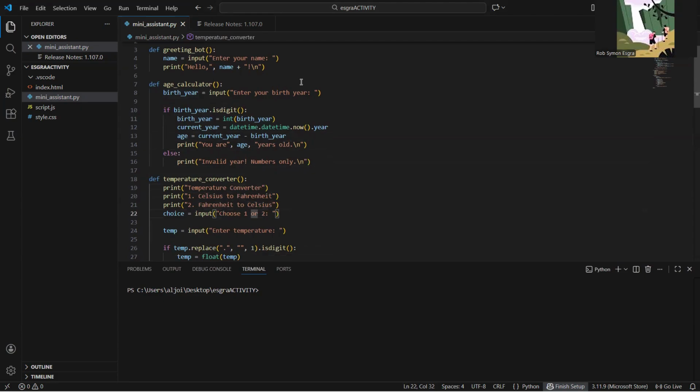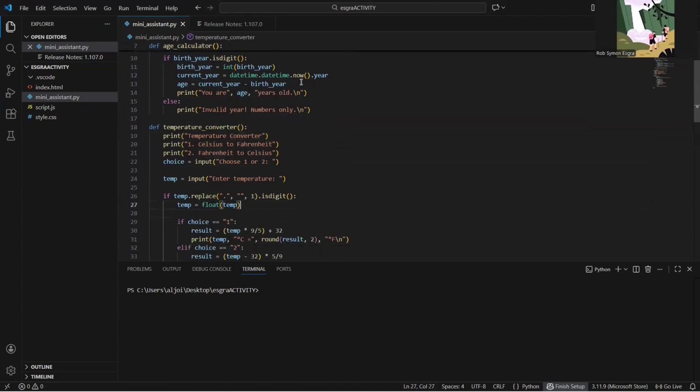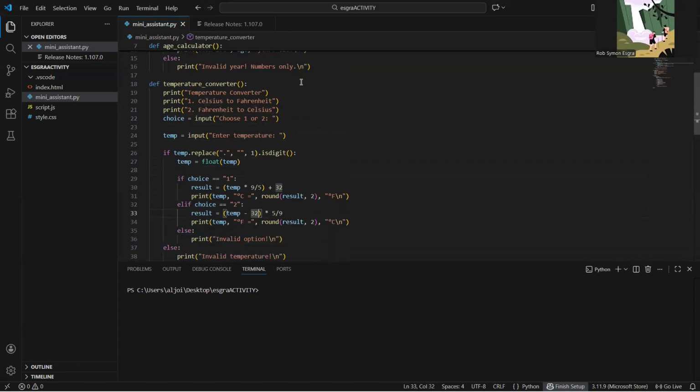Then the temperature converter function. There is an input choice, one or two, and then input the temperature, for example, 26.